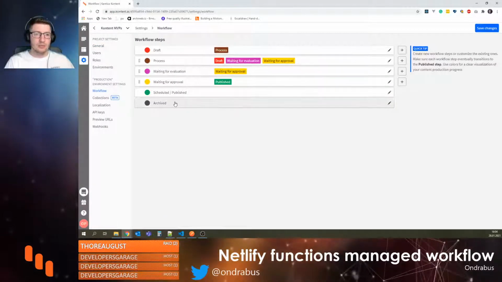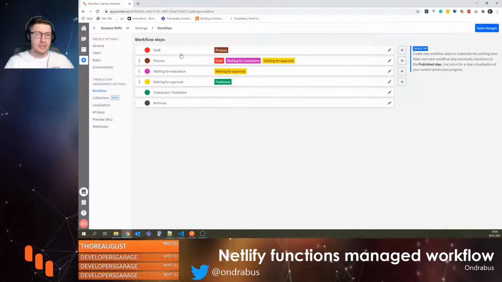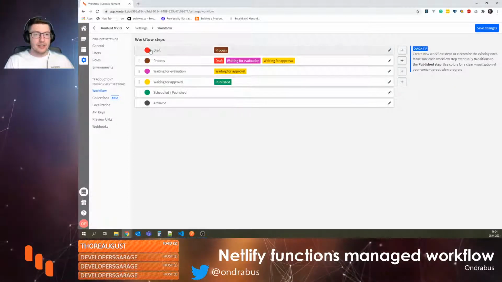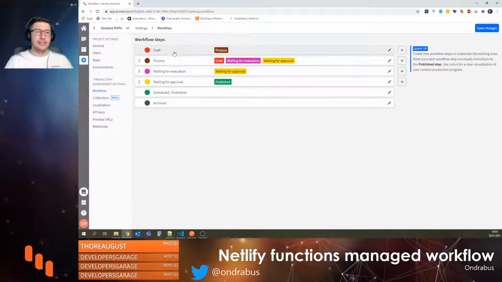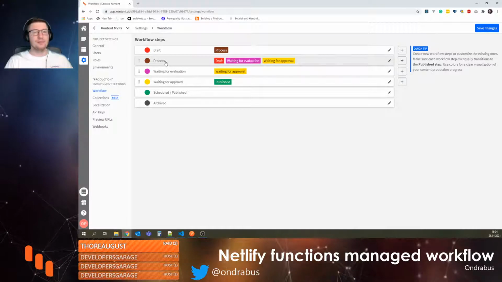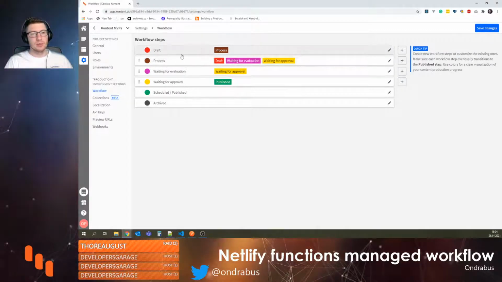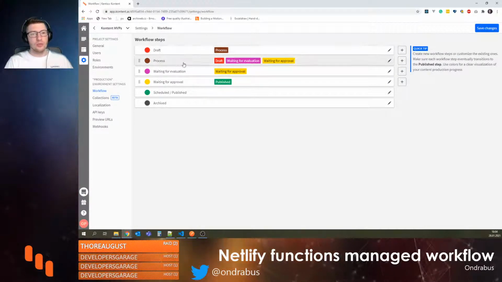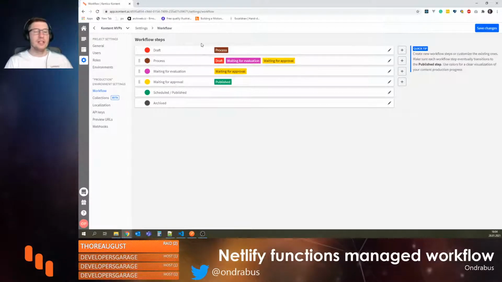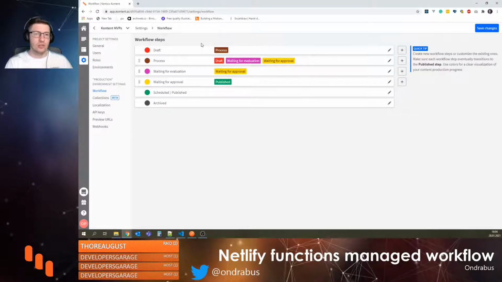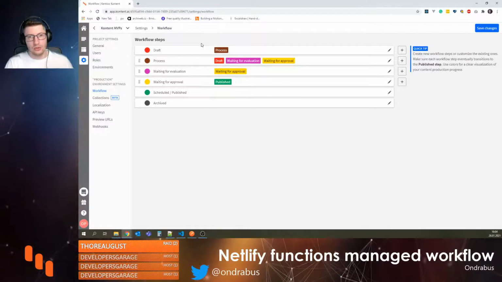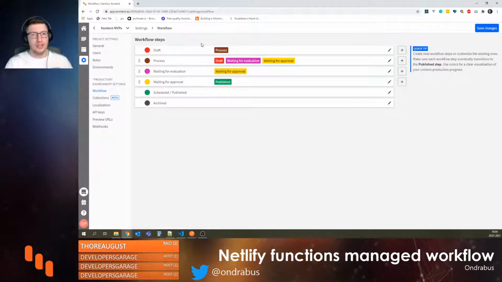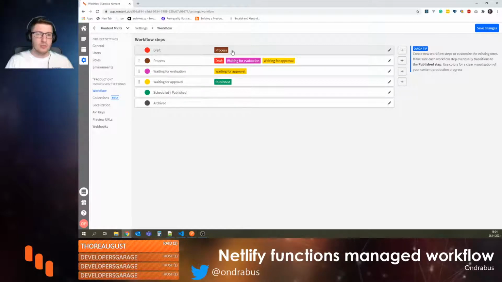Now, you see that there are a bunch of workflow steps. The idea is that you create an item which will be in draft. Then when you're happy with the item, how it looks like, you switch that to process, and that change of workflow step triggers a webhook notification that will be processed by Netlify function. And as long as the Netlify function can decide what to do with that item,